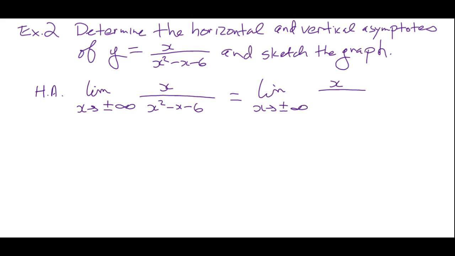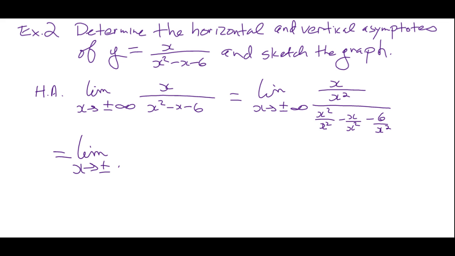Okay, so we get x over x squared, x squared over x squared minus x over x squared minus 6 over x squared. So up top, we get 1 over x. On the bottom,